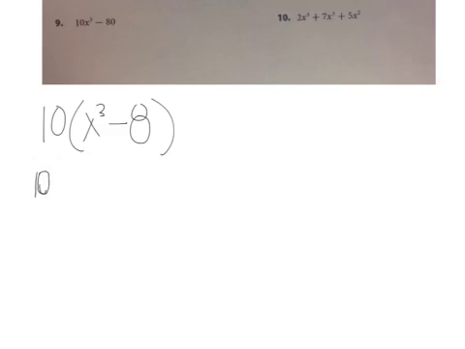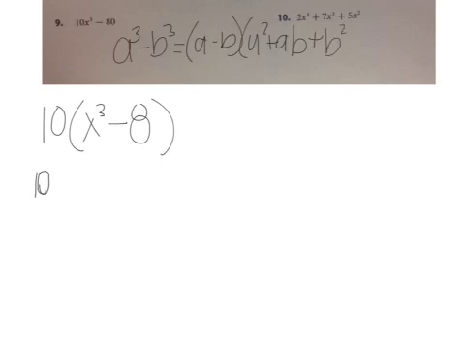And then if I look at my special factoring pattern, the difference of two cubes says that a cubed minus b cubed, where a and b can be anything that has a perfect cube, is a minus b times a squared plus ab plus b squared. And again, these are not equations you have to have memorized, but you do have to know